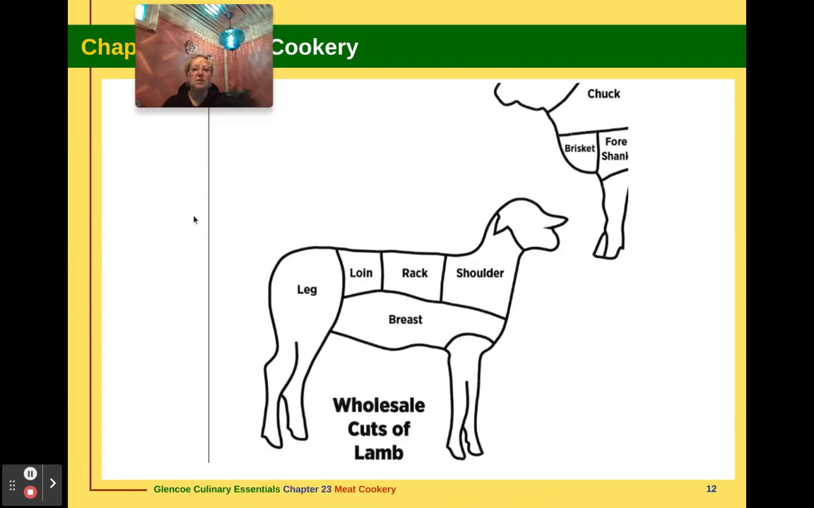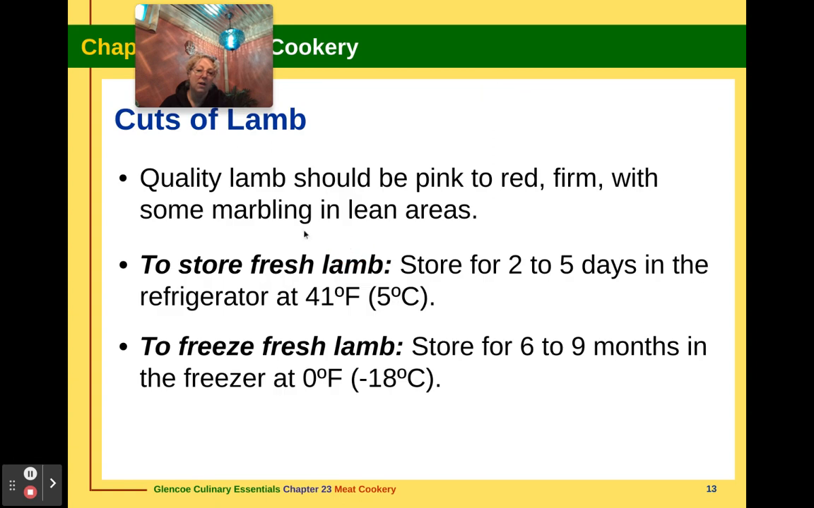So here is a visual of what that looks like when you have a sheep and you slaughter it and then you cut it in half. So the leg is often sold very whole, and it's not a huge animal, so these are not huge. Loins are often cut into chops, and these look a lot like little